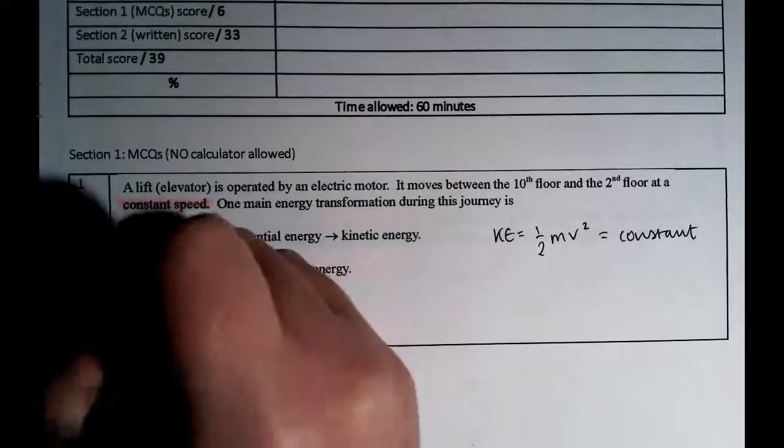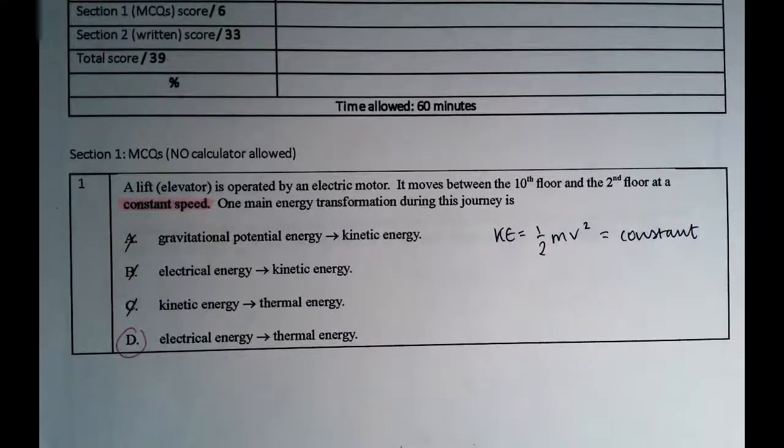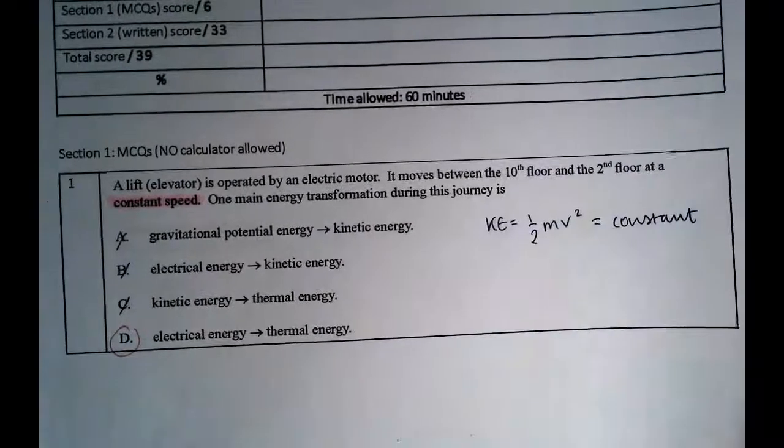And so that gets rid of A, B and C, and you're left with D, which makes a lot of sense because there's going to be heat loss to the surroundings in the process, and obviously electrical energy is used to supply the lift. So that's number one. Number two